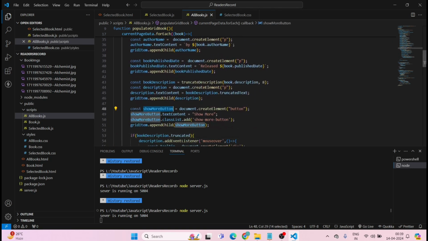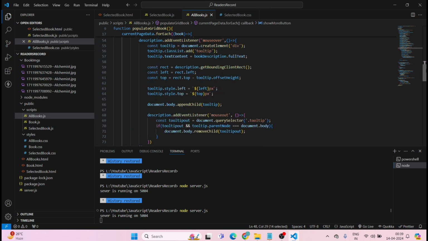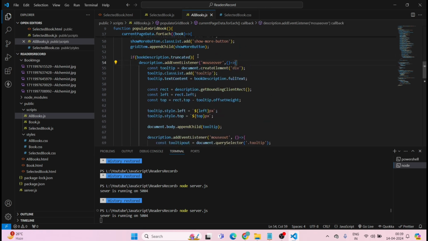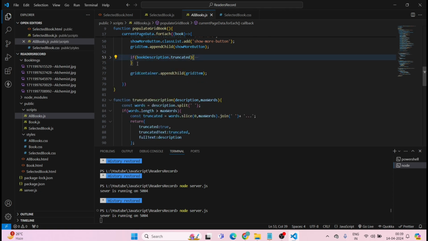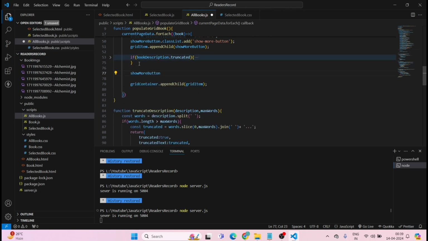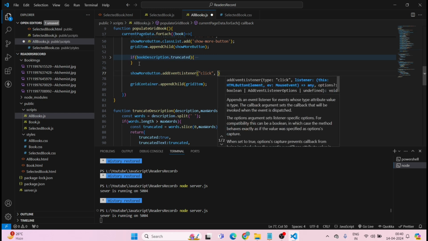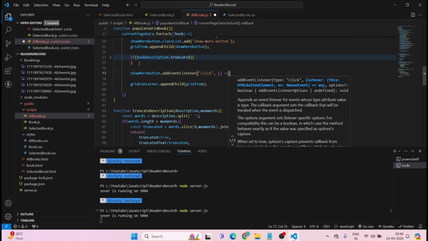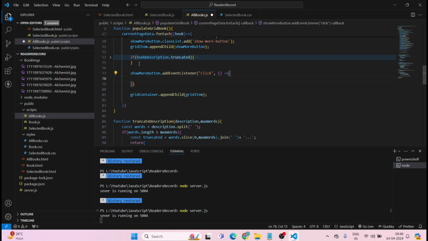So this Show More button which we have created, here showMoreButton.addEventListener, double quotes, click, window.location.href